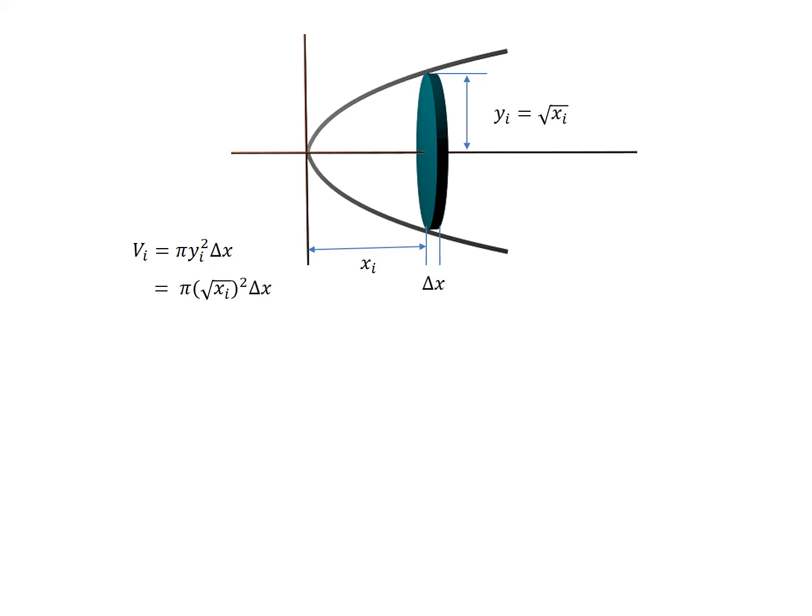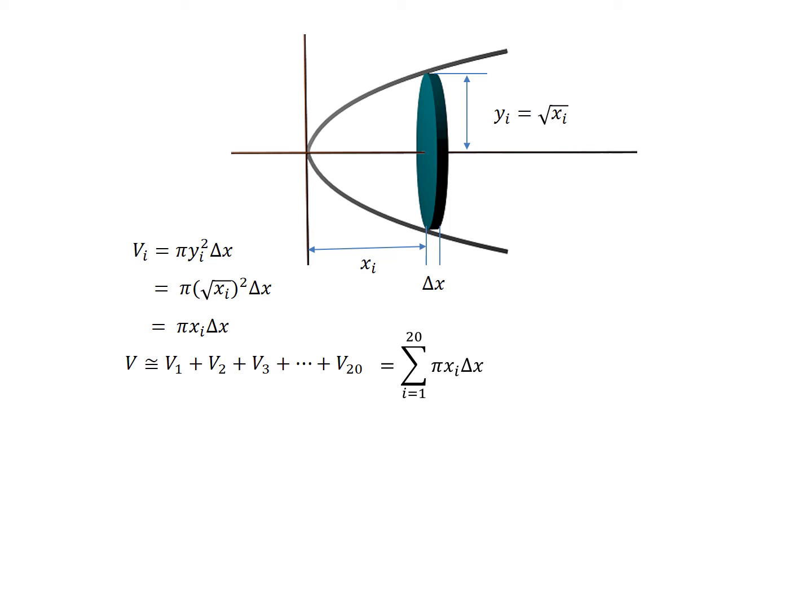in terms of x. y sub i is square root of x sub i, so we substitute that in there and simplify a little bit. We get V sub i is pi x sub i delta x. So our volume of this solid is going to roughly be the sum of these 20 disk volumes. And I can write that in sigma notation as the sum i equals 1 to 20 of pi x sub i